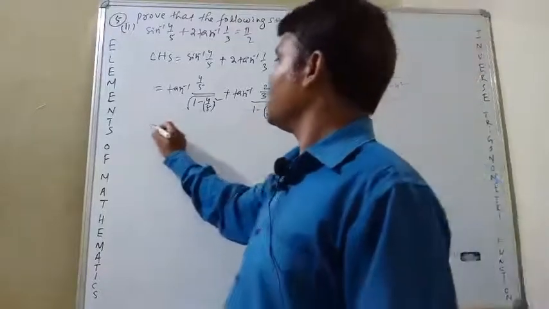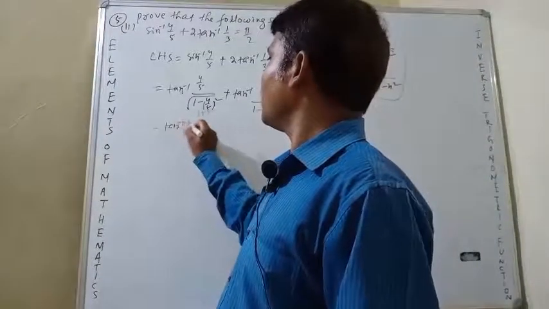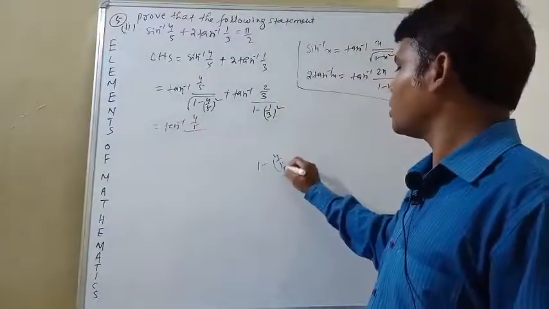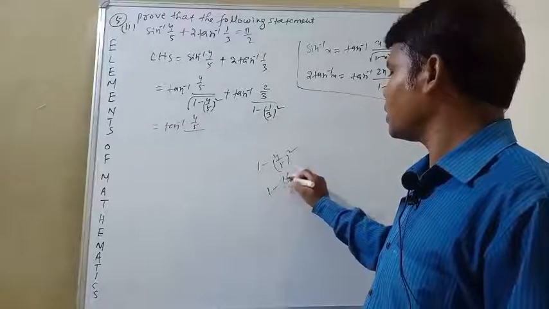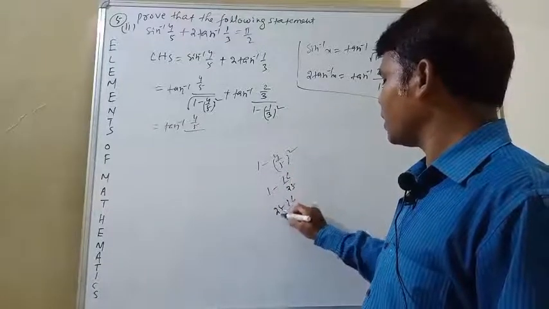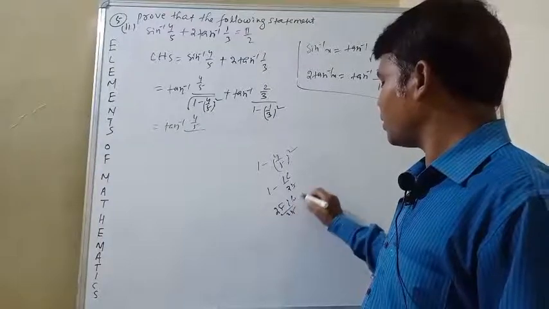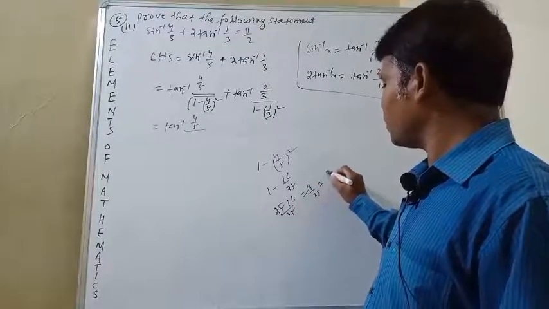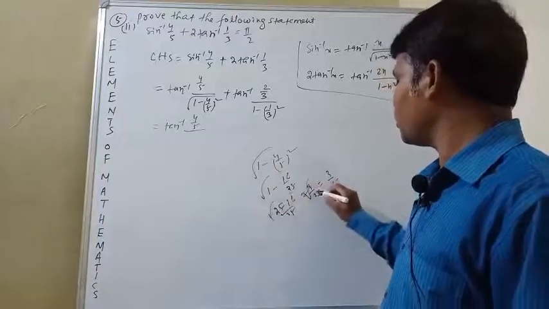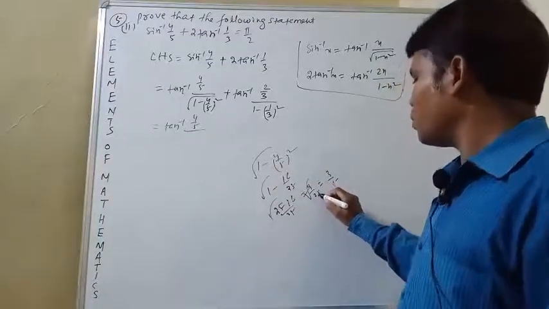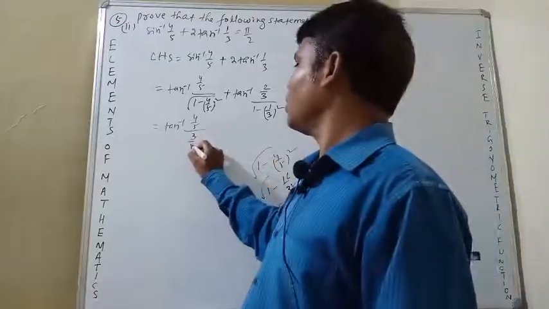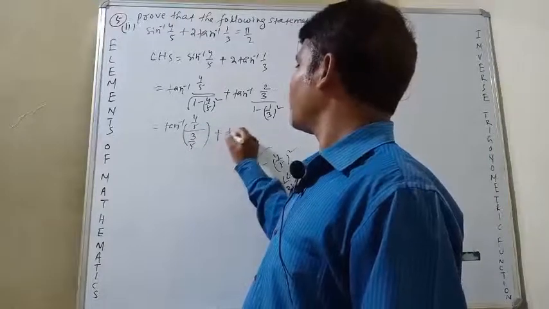This is equal to tan inverse 4 by 5. You see, 1 minus 4 by 5 whole square is equal to 1 minus 16 by 25, is equal to 25 minus 16 by 25, is equal to 9 by 25. If you take the root of 9 by 25, then we get 3 by 5. So this is equal to 3 by 5 plus tan inverse